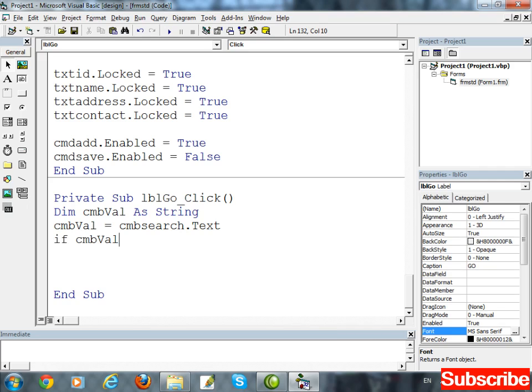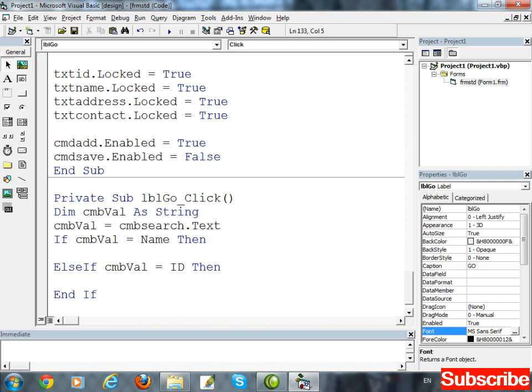So write if CMB val equal to name, then, and here write else if CMB val equal to ID, then. In the first block we will write code for searching by name. In the second block we will write code for searching by ID.